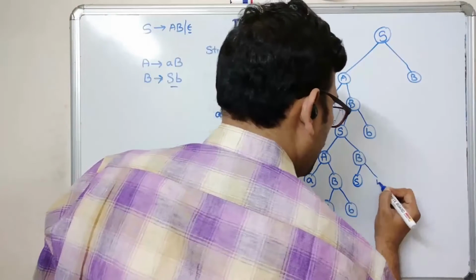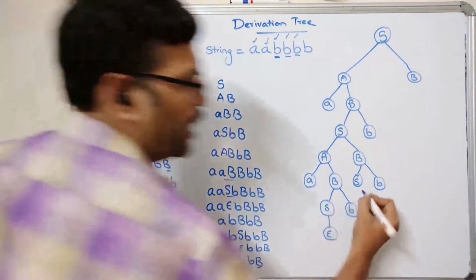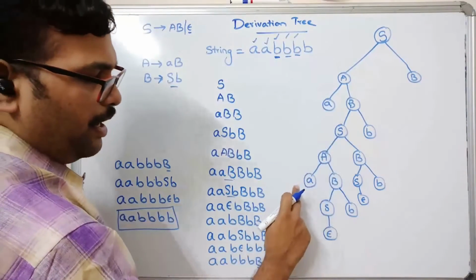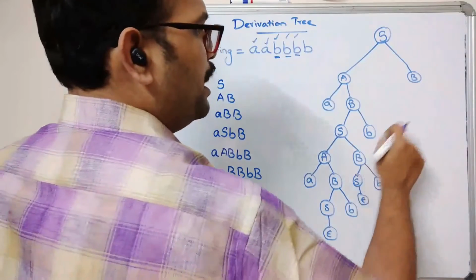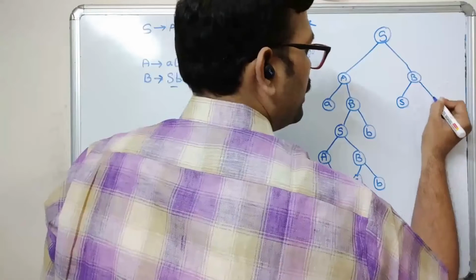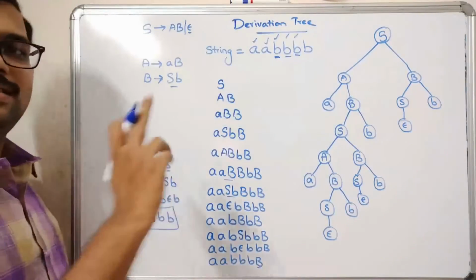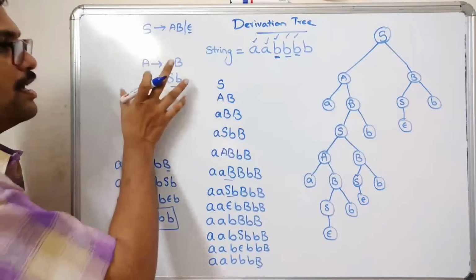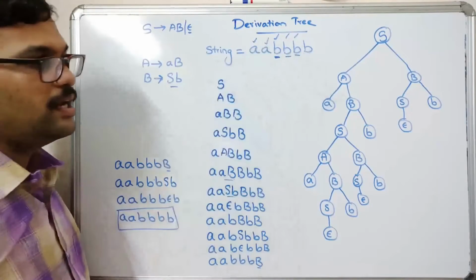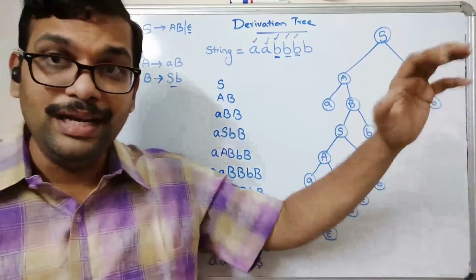Yes, and B, and here we have given some epsilon. Here also we are giving some epsilon, and you can see A, B, B, B, and here again B is divided as S and B, which is nothing but epsilon here. So this is the derivation tree for this particular context-free grammar to achieve the string for 2 A's followed by 4 B's. So you have to read the string from left to right, all the leaf nodes from left to